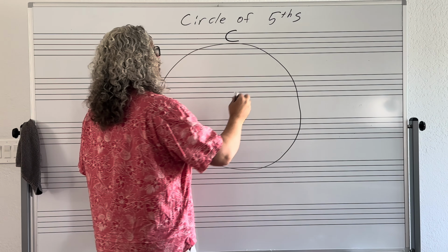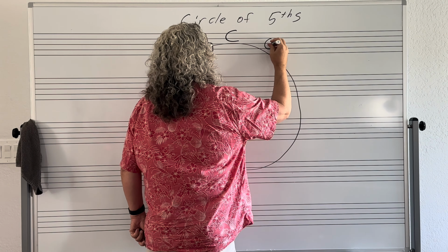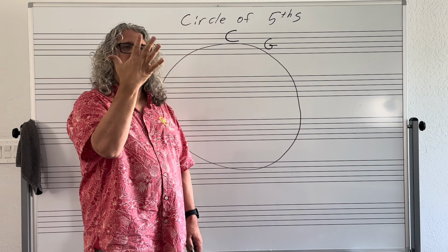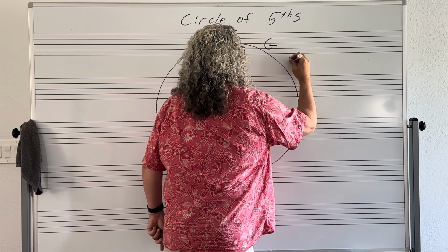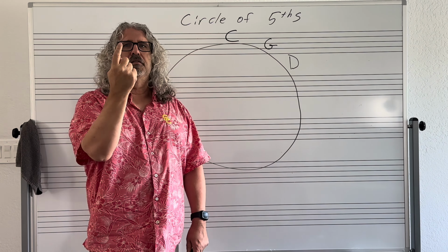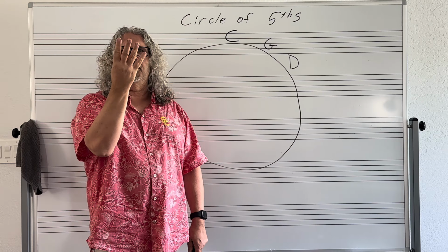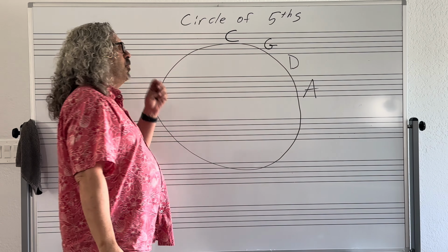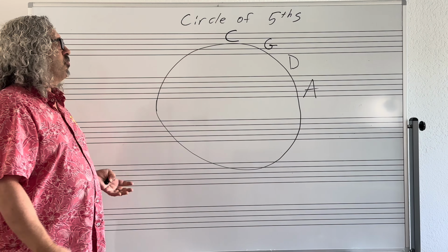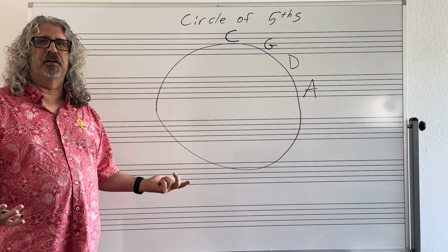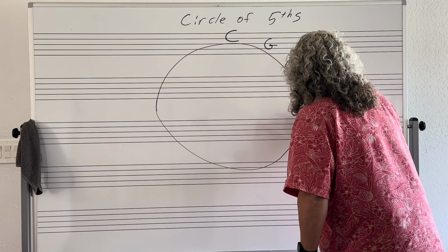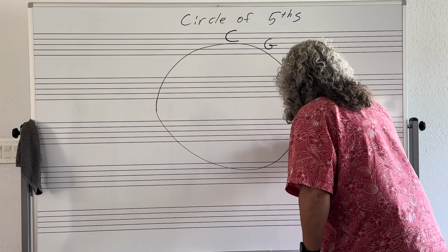So if that's C, then we get to G. G, A, B, C, D. D, E, F, G, A. And you can see we have a pattern right here. Now there's going to be 12, just like a clock. I'm just going to fill it in real quick if you don't mind. So there's A, and then we're going to have E, and then after E we're going to have B,